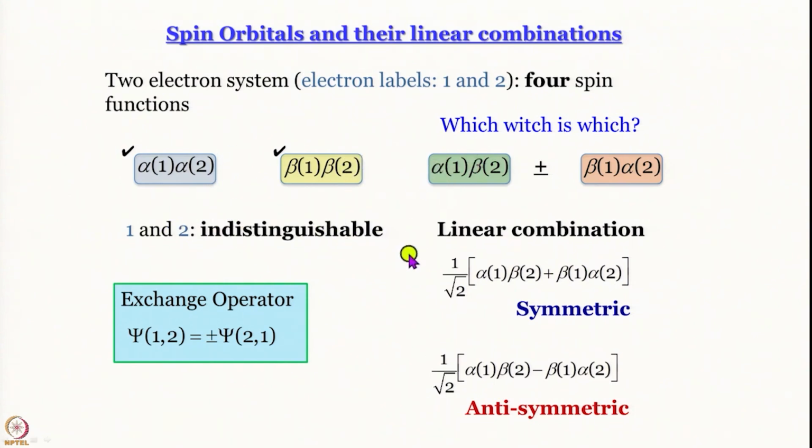But we cannot write alpha 1 beta 2 or beta 1 alpha 2, because you do not know whether it is 1 or 2 that has alpha spin. You do not know whether it is 2 or 1 that has beta spin. So, you must take linear combinations, and linear combinations can be taken in 2 ways: symmetric with respect to exchange and antisymmetric with respect to exchange. Symmetric or antisymmetric with respect to the exchange operator. So, we see that when we talk about spin orbitals, we can have symmetric and antisymmetric spin orbitals with respect to exchange,